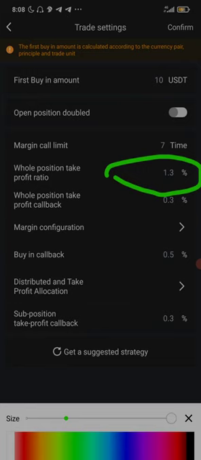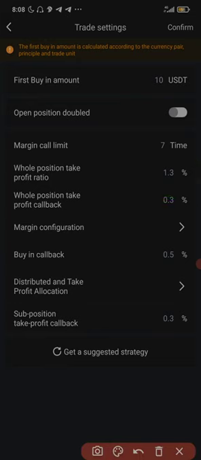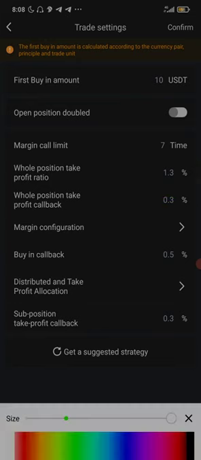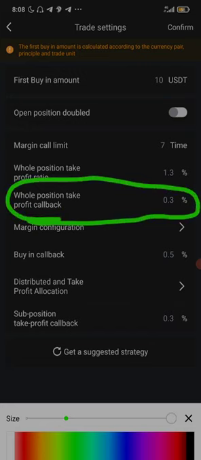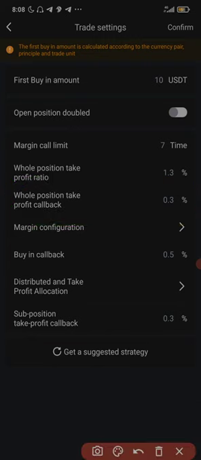So now we also have the whole position profit callback. What does it actually mean? The default setting is 0.3%. So what this simply means is that whenever the price of this coin gets to 1.3% and the bot